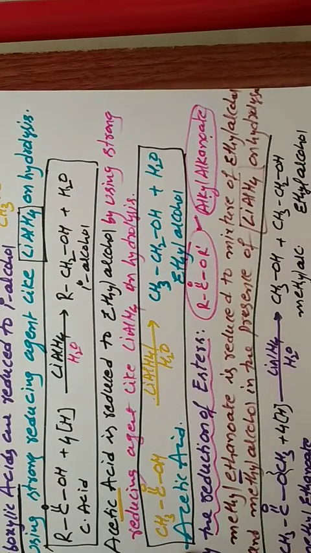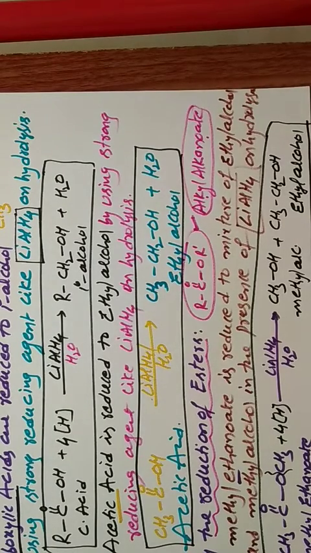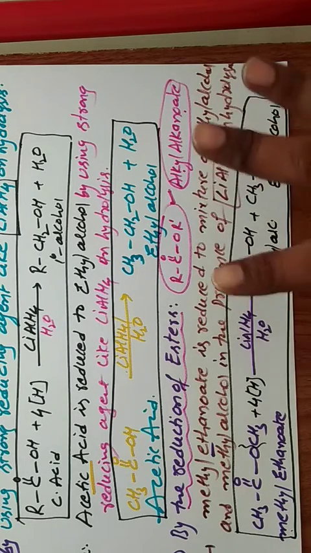This is the ester reaction. So esters also undergo reduction. We can get the alcohol mixture. So it is easy to remember: in the case of any type of ester, the alkyl group which is attached to oxygen gives one type of alcohol, and the remaining total part is taken as another alcohol.